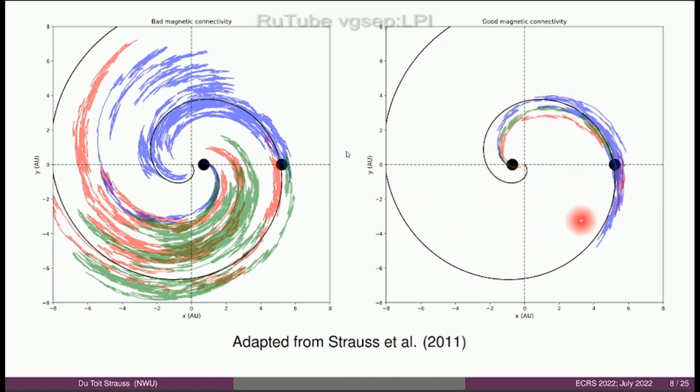You can see how the particles reach the well-connected observer much more easily by moving along the field, while if you need to reach the second observer, you need to decouple from the mean field and propagate perpendicular to the field. That's a very slow process, so these particles spend a lot of time propagating. Not a lot of them reach the observer, and if they do, they reach it with a lot less energy, so you have lower intensities for bad magnetic connection and higher intensities for good magnetic connection. We think we understand this, at least from a modeling point of view. The question is how to observe this, and usually we do our best to get the model going.